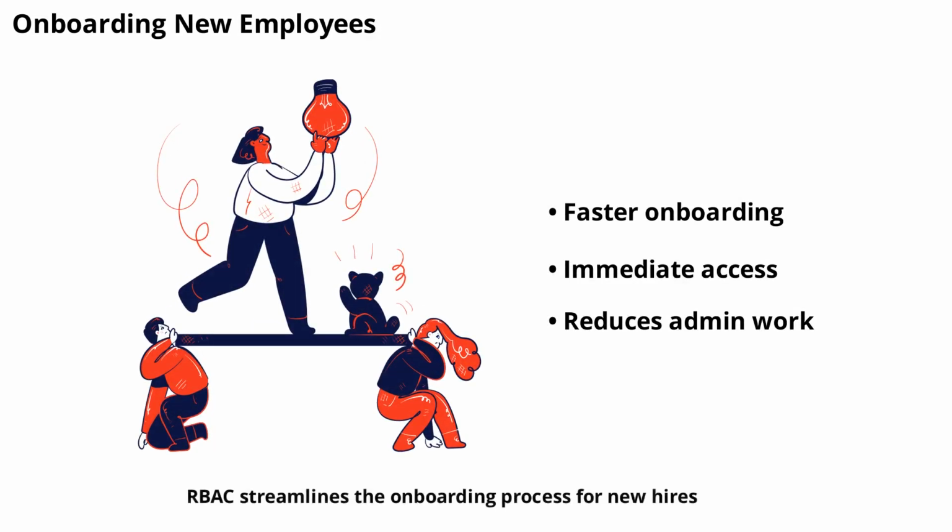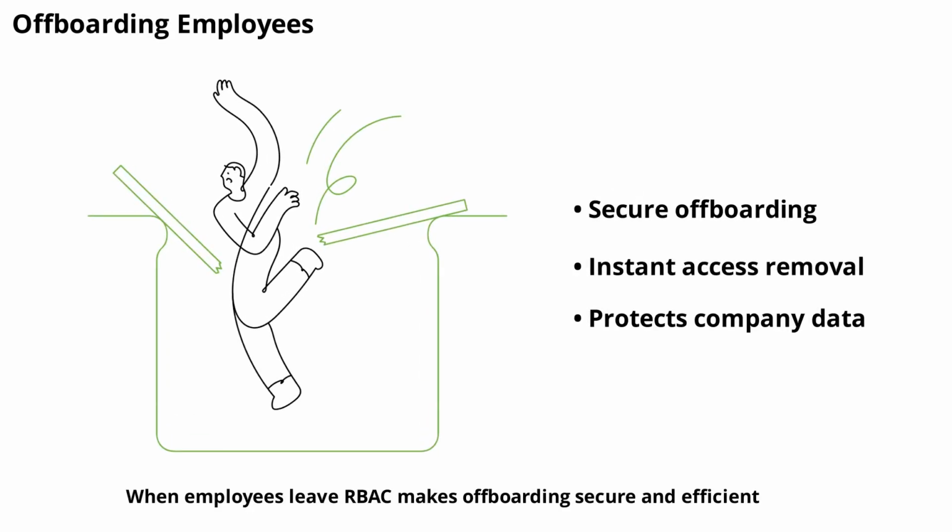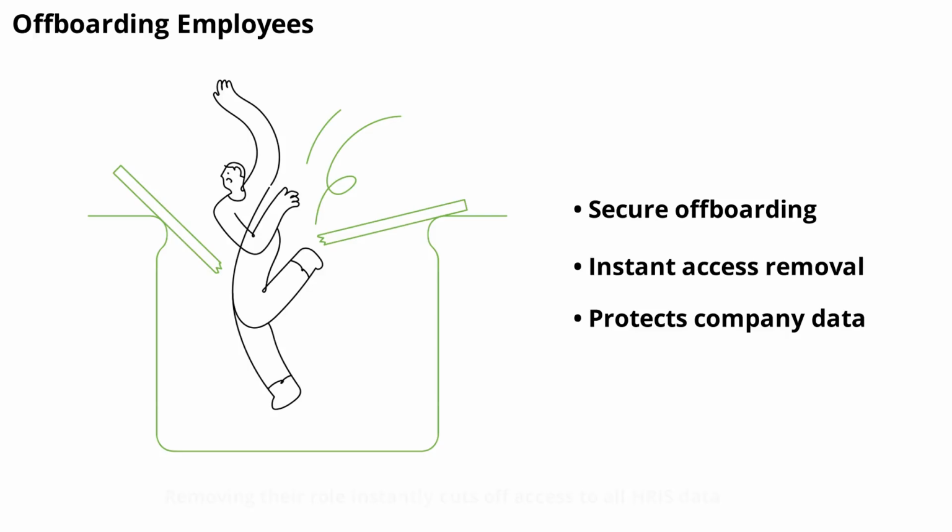RBAC streamlines the onboarding process for new hires. By assigning them to the correct role from the start, new employees can access the tools and information they need immediately, helping them become productive faster and reducing administrative overhead. When employees leave, RBAC makes offboarding secure and efficient. Removing their role instantly cuts off access to all HRIS data, ensuring that former staff cannot retrieve sensitive information after